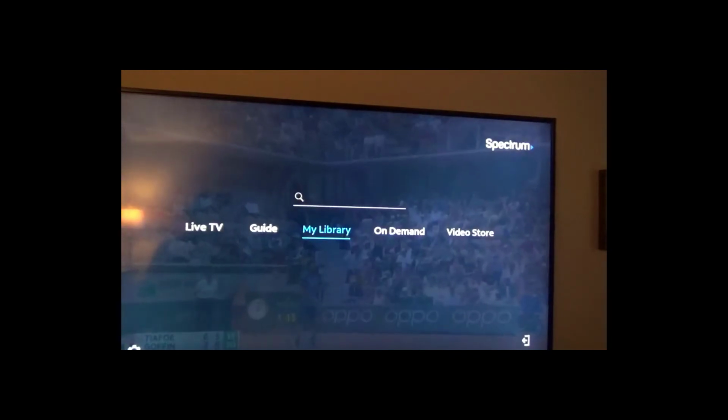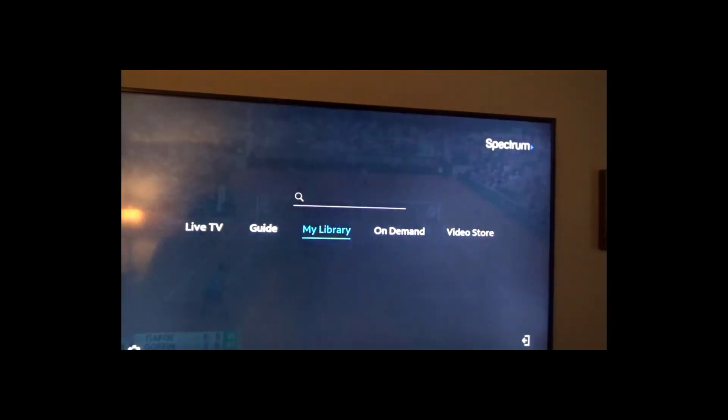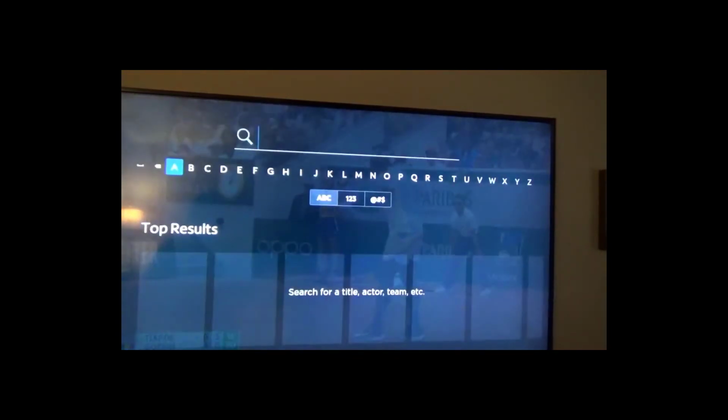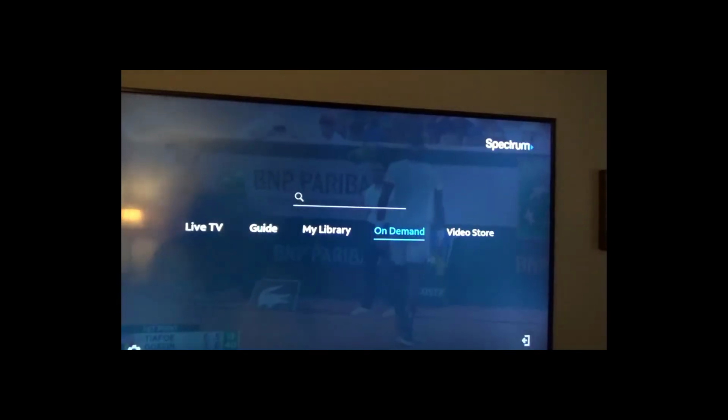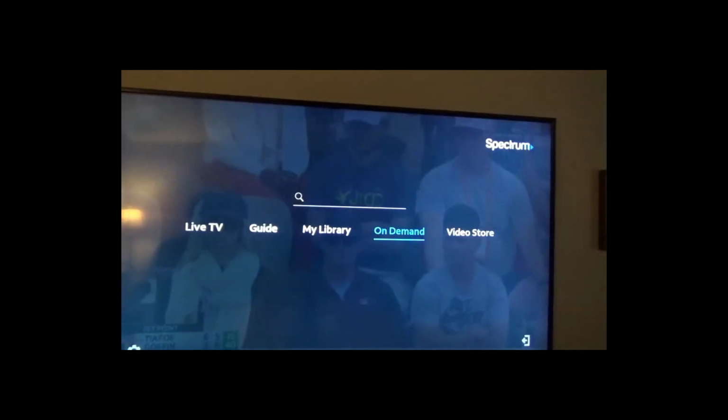My library, that's the one where you can create on-demand viewing content. I won't go over that now. On-demand, of course, is obvious. And of course, you have the search up there where you can just search for on-demand. And then the only other thing that I want to go over again, this is probably still the same, but just in case,